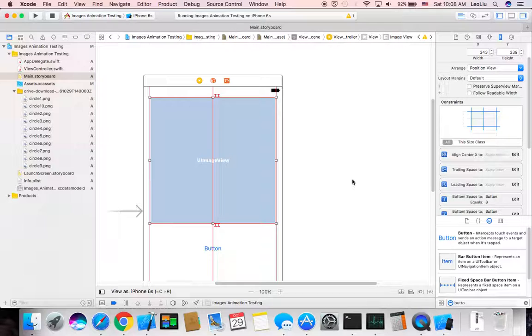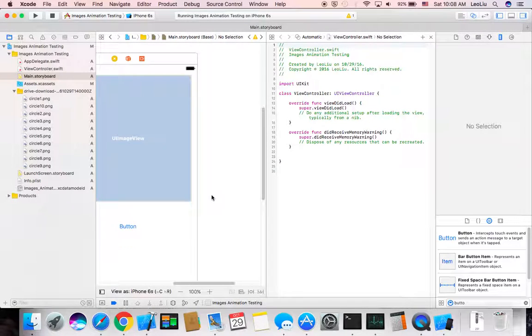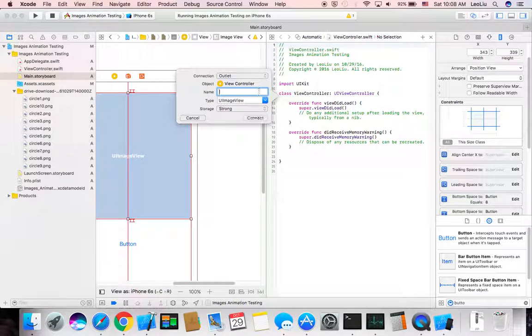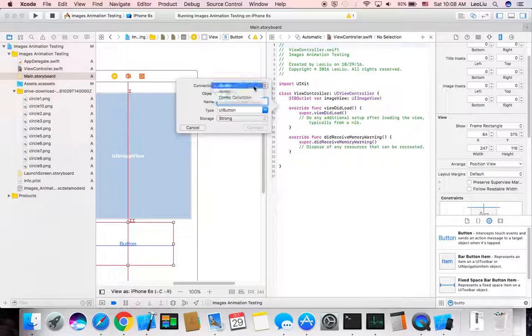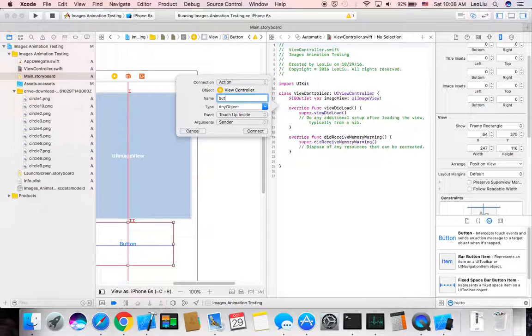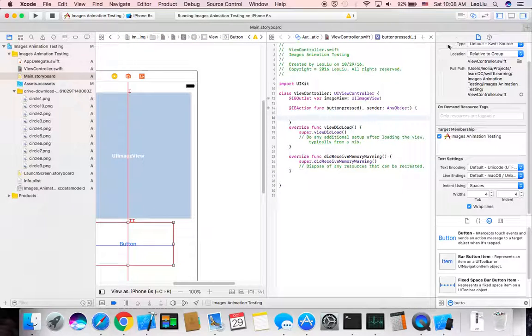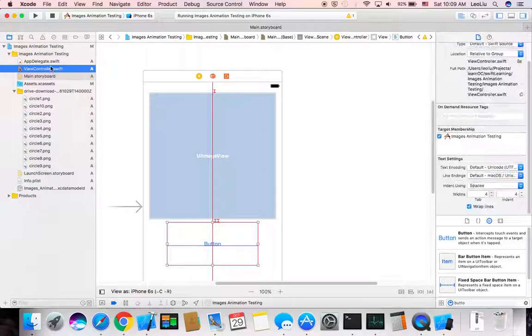Okay. I don't know why it's giving me this layout. But now you want to pull this up so you can control drag these over. I'm just going to call it image view. And then the button as well. You want to make sure it's an action. I just keep calling it button press. You don't have to. You can call it whatever you want. Just make sure you change it in the code. So if we go back to the view controller,